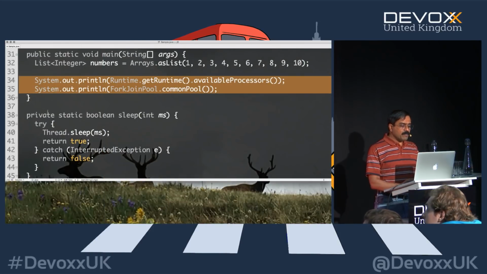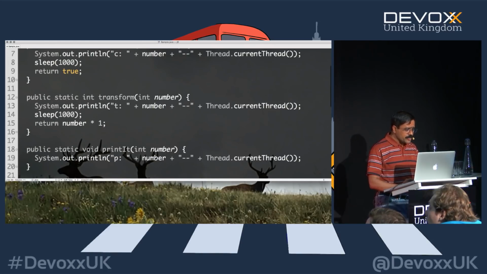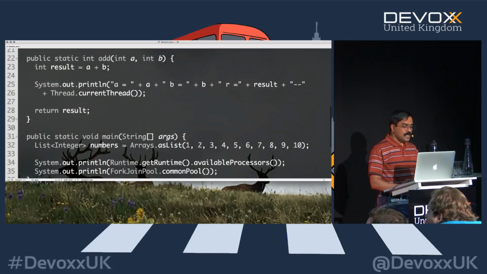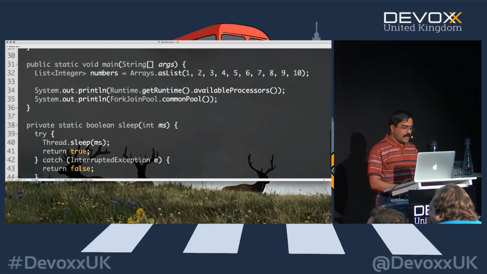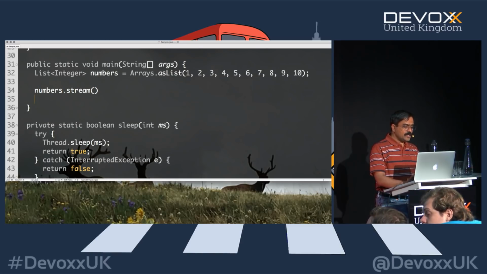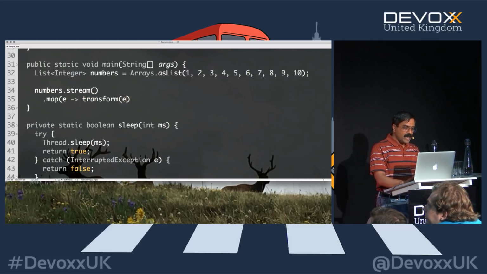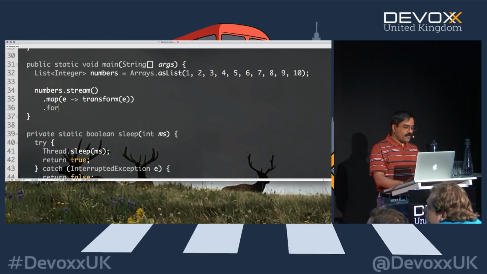Let's revisit the problem we've been working with really here, just to see the example. So if you notice the transform method, if we go back to the main, and in the main, I'm going to say right here numbers.stream, and then let's go ahead and say map, and we will call the transform method right here, and pass the element to it, and then in the forEach, we'll simply throw away the result we get out of this.